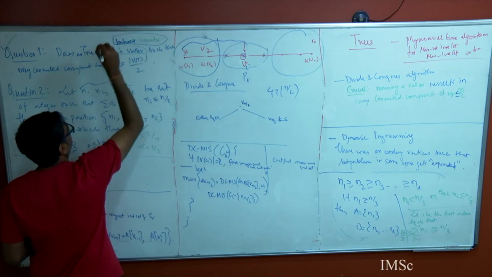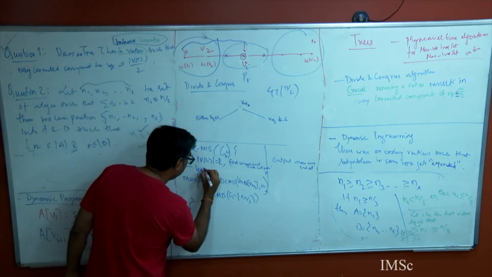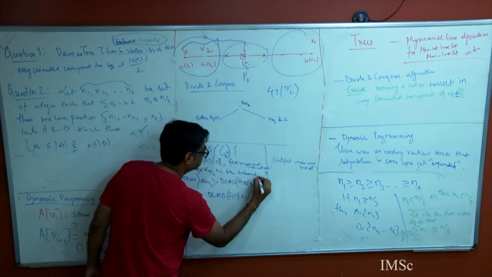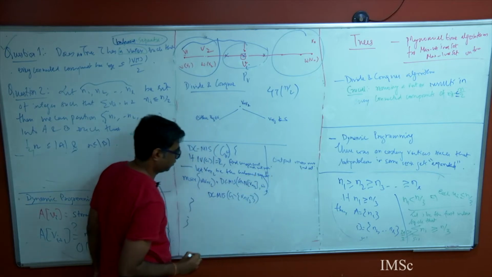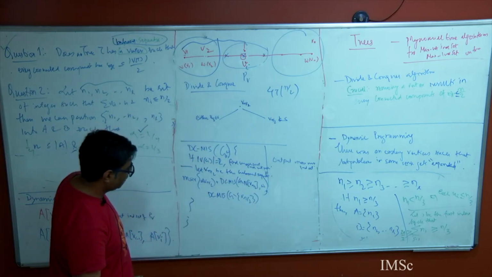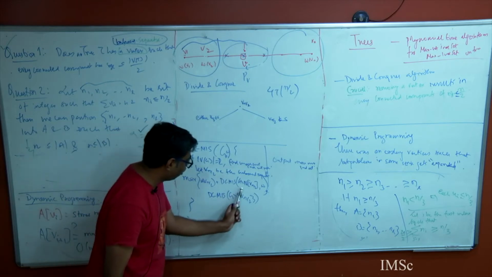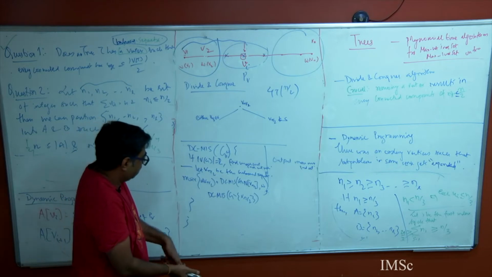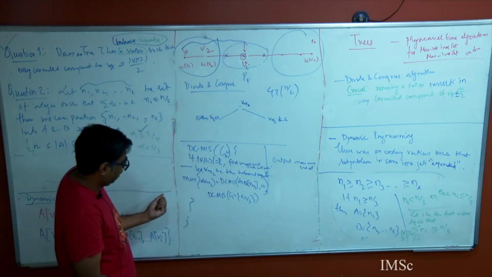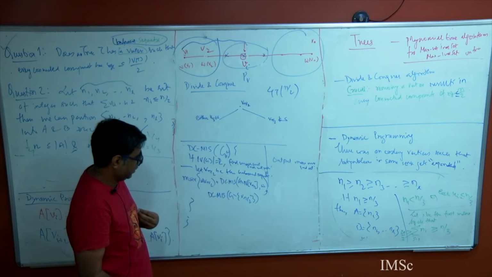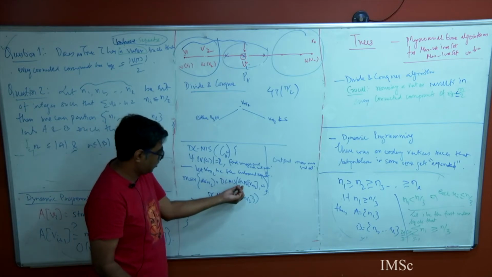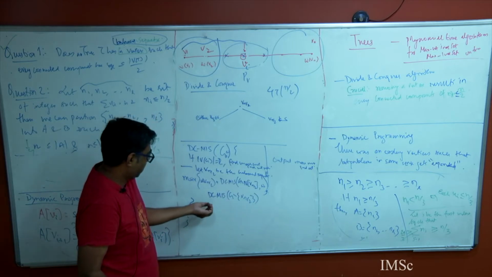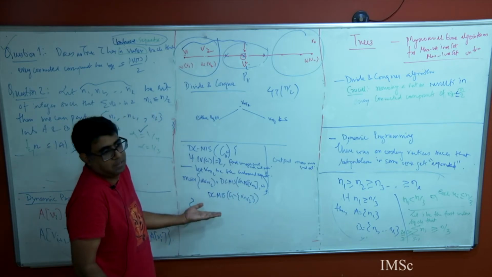Okay, I will define it later. Let V(n/2) be the balanced separator. Now what will I do? Either this guy goes into the solution. If it goes, then I have to call my DCMIS on G minus V2. That's still correct. It's just the running time that I could analyze.